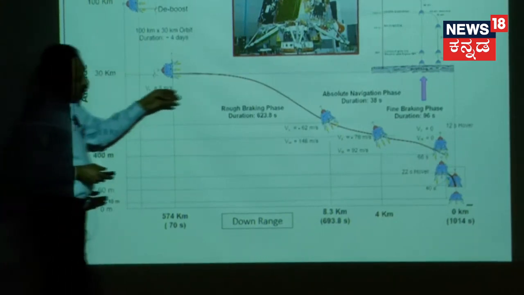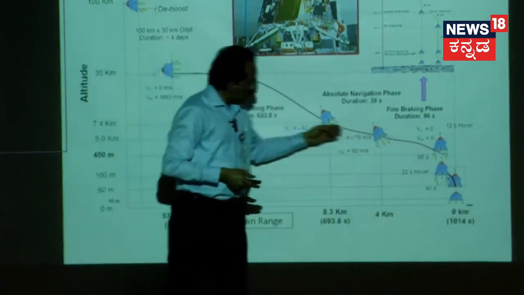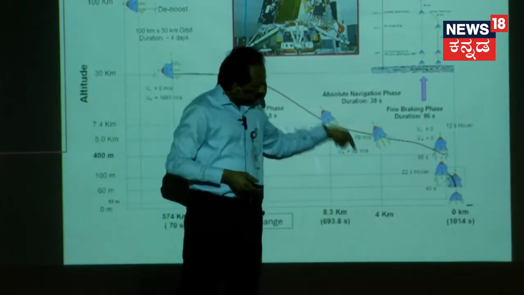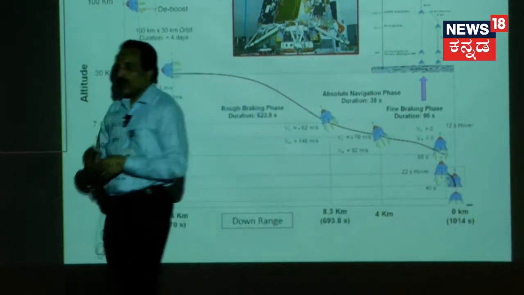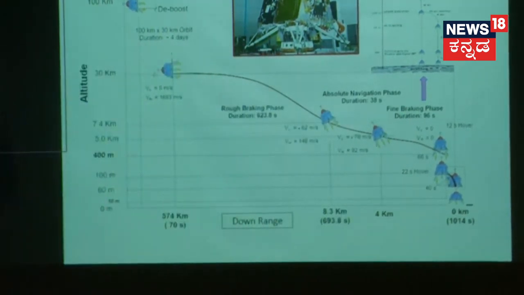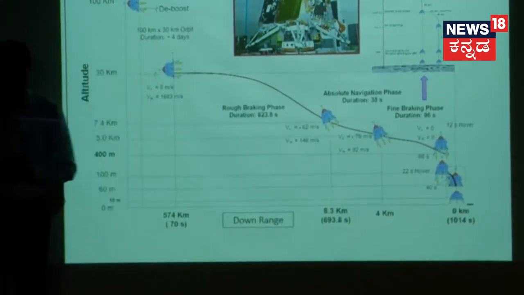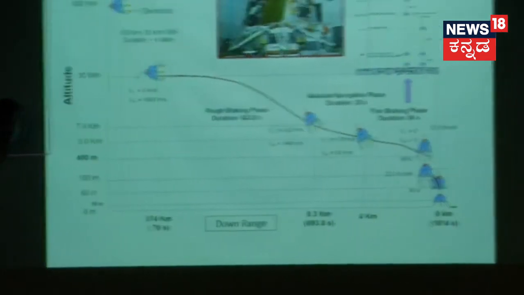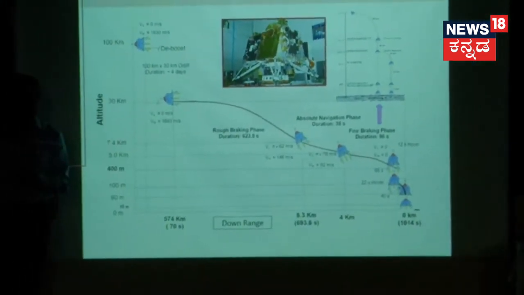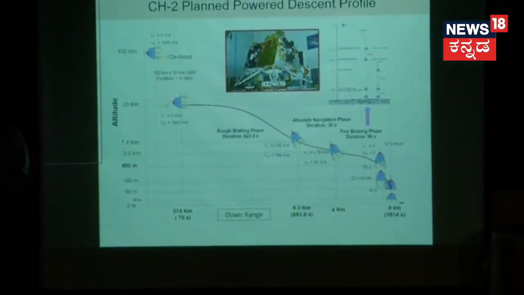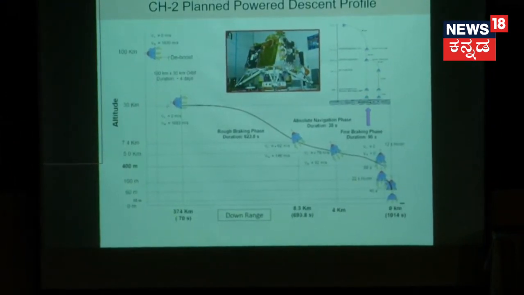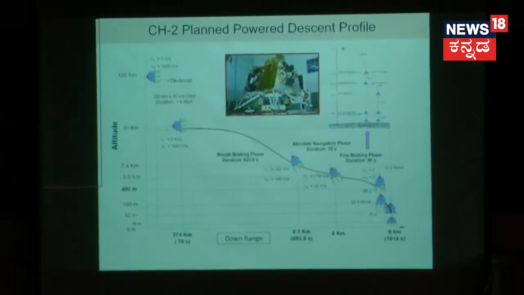Then there is a phase where we will do certain instrument calibration, keeping the attitude the same. It looks at the ground and calibrates all its measuring instruments, to check whether very good data comes or not. Then it decides to go for the final landing. And at some point it will also hover and see that it is able to stay stationary and do the measurements to confirm how high it is from the ground. Then make the final descent with a certain fixed velocity.